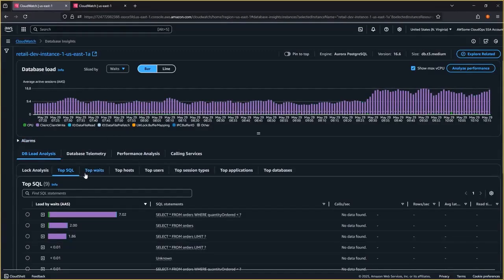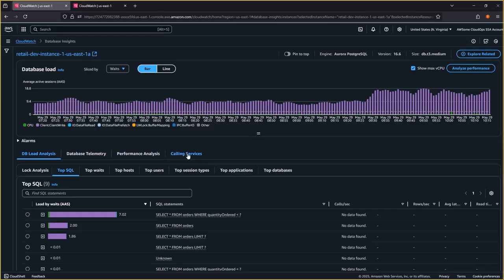All right, so from within there, we have this load analysis tab, which we're going to go through first. And then we're going to move to the consolidated telemetry tab, where we have all of the telemetry like logs, metrics, and query performance in there. Additionally, some performance analysis, like snapshot in time performance reports that we can take. And then this is tying it back to the application performance monitoring,